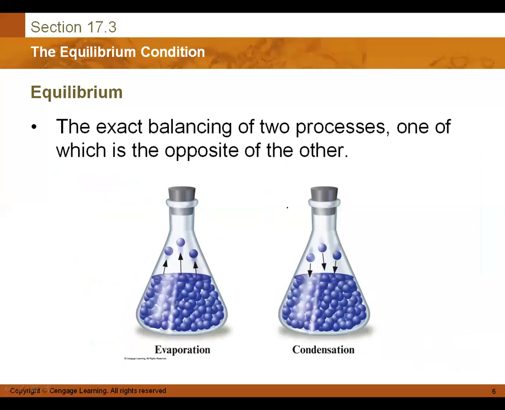Okay, so now that we talked about rates of reactions and how they occur, we are now going to get into equilibrium. And when we talk about equilibrium, as I talked about at the very beginning, what we are essentially talking about is again that reversible reaction where it has two directions. And again, when it reaches that chemical equilibrium,